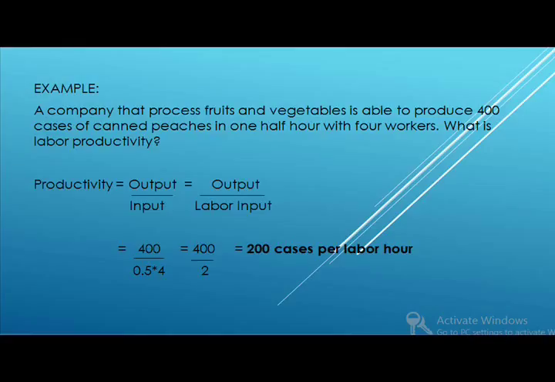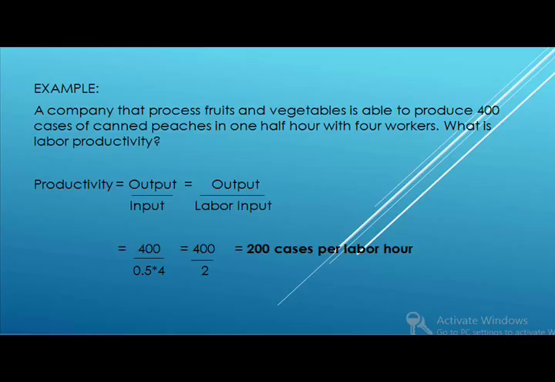In the definition of productivity, it's defined as output divided by labor inputs. Now, the output is given here as the 400 cases of canned peaches produced. We only need to figure out what the labor input is. So, for the labor, some people may think that we have 4 workers, 400 divided by 4, and get 100. Now,